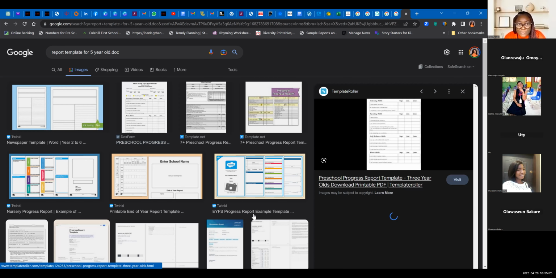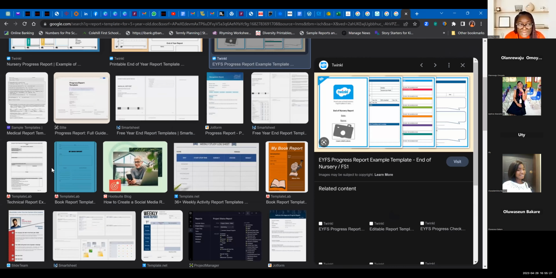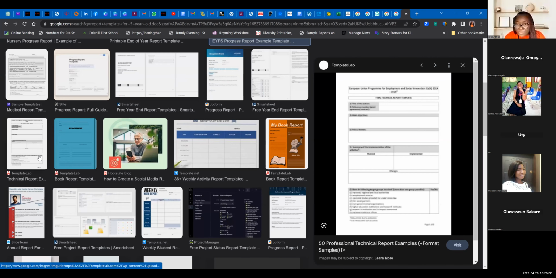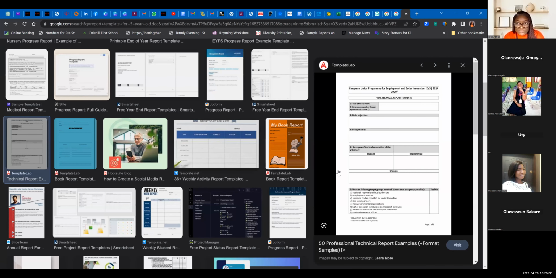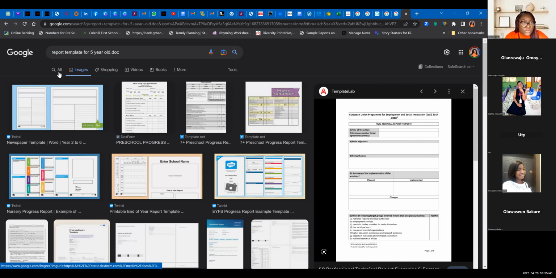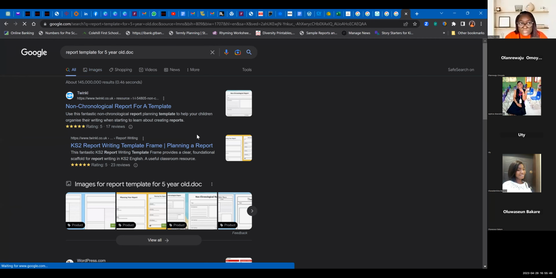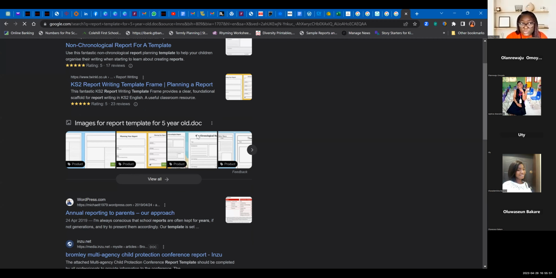These are reports that are sitting online for you. So if you don't like the way something is happening in your school, why can't we suggest it? This is another one, a financial report template, right? Now, with these ones, you may have to pay for them because they're Twinkl.